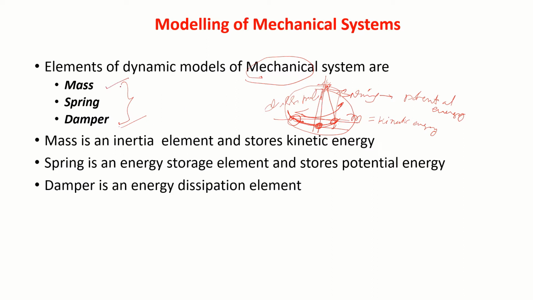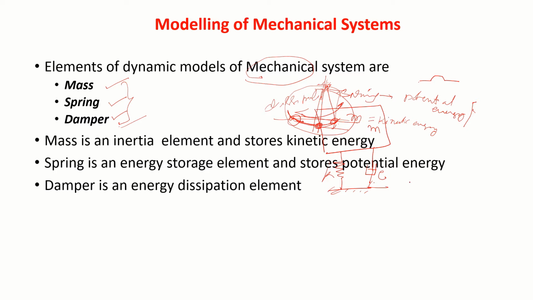So there will be a mass element, there will be a spring element, there will be a damper element. Better, let us assume that you have a car this way. Let me write the side view. This is the car, and this is sitting on a suspension, which is a spring and a damper. Look here. Even if you consider a car, this is a mass element, this is a spring element, this is a damper element.